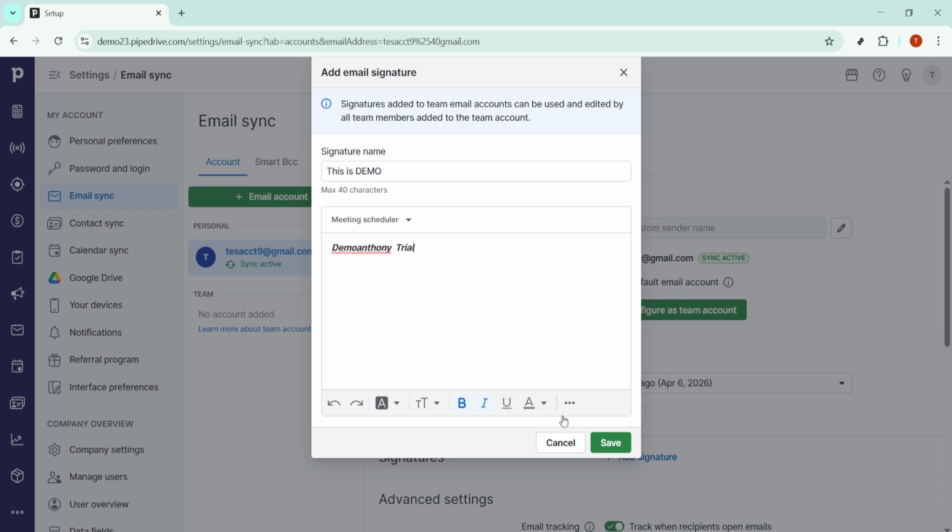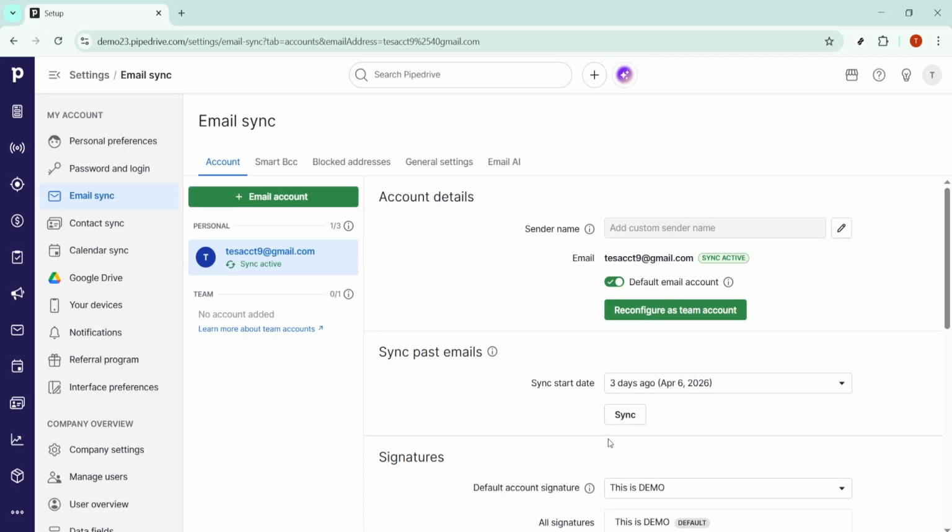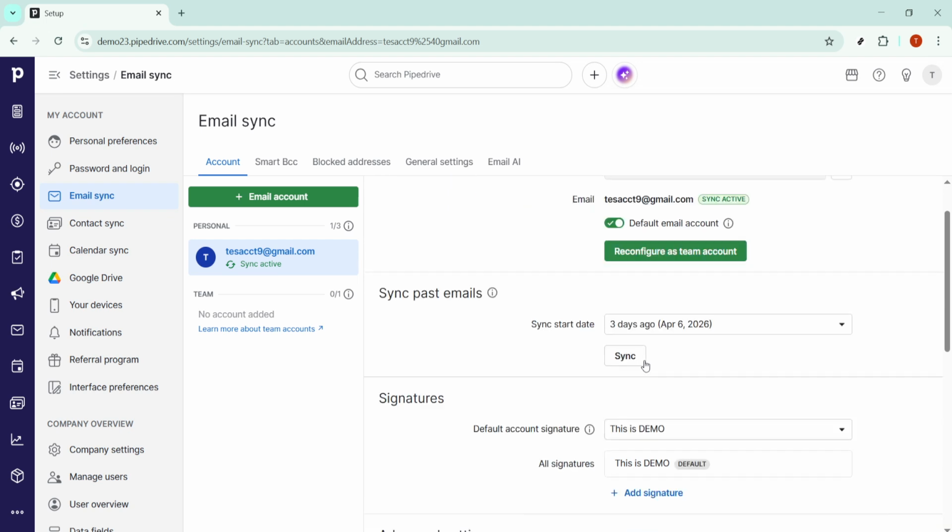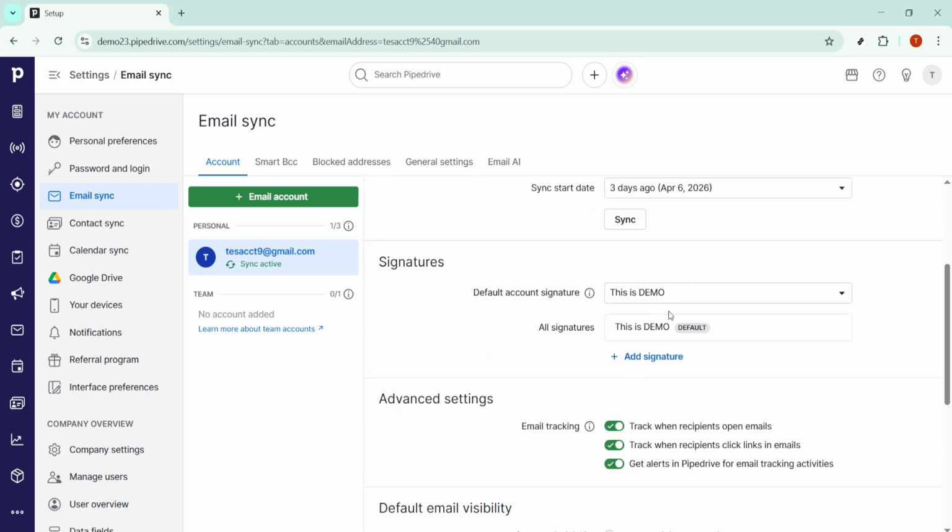When you're happy with how it looks, click Save. That's it. Your signature is now ready and will be available when you compose emails in Pipedrive. If you ever need to tweak it, come back to the same place, adjust the formatting or wording, and save again. To recap, open your profile menu, go to Personal Preferences, select Email Sync, click